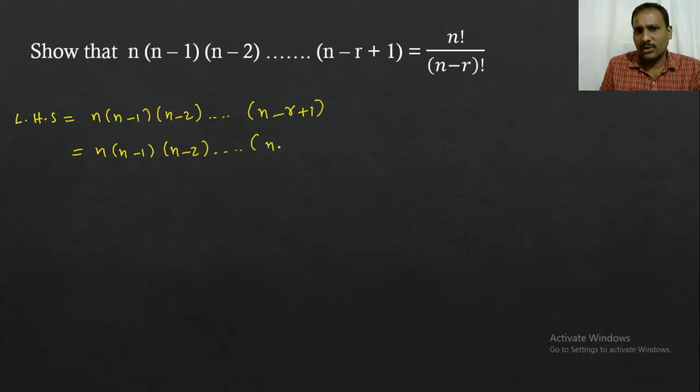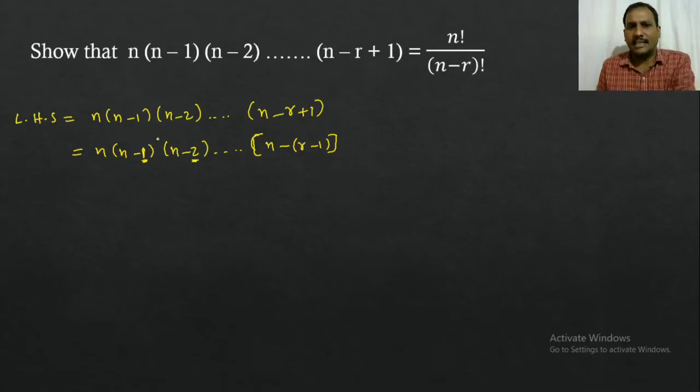So here also this can be written as n minus r minus 1. If you observe here, n minus 1. Next we are subtracting 1 more than this one, that is 2, n minus 2. Next will be n minus 3, n minus 4, something like that. So the number we are subtracting is increasing by 1. Now to complete the factorial notation, we have to keep on subtracting the numbers till you get 1.